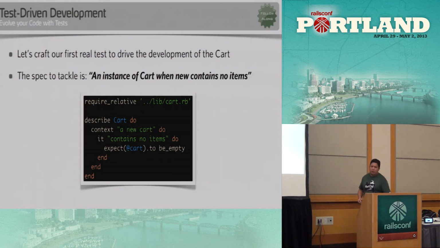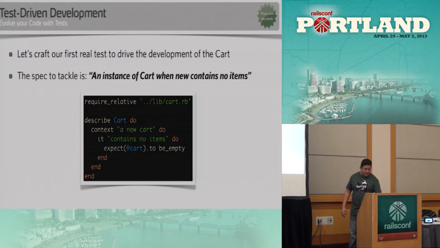So now let's tackle our first realistic test in here. The spec is going to verify what happens when we get a brand new cart. And notice that I have now an extra block called context, which takes a string and another block of code. Now, RSpec allows you to daisy chain all these initial states of what you're testing in a very clean fashion. So in here, I'm saying a new cart contains no items. Inside of the it block, I have an expectation that the instance variable cart should be empty.